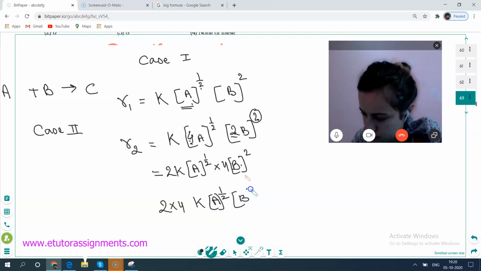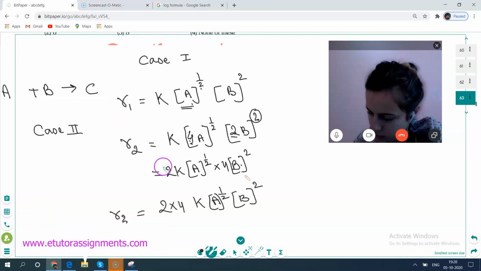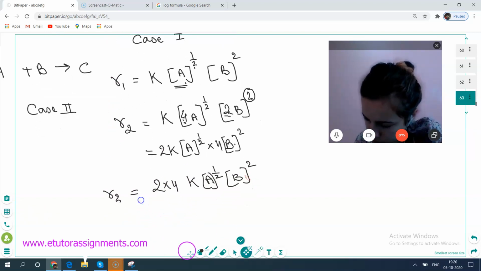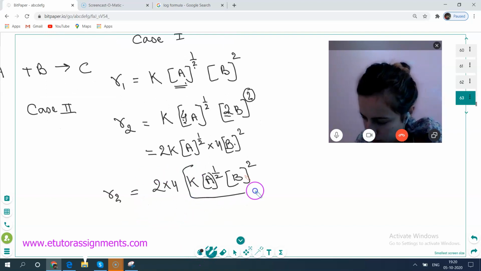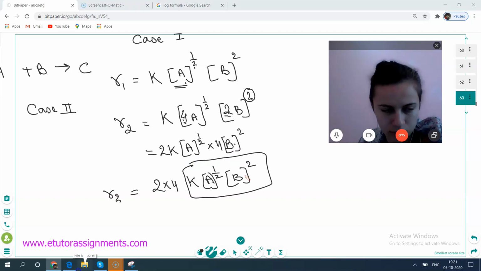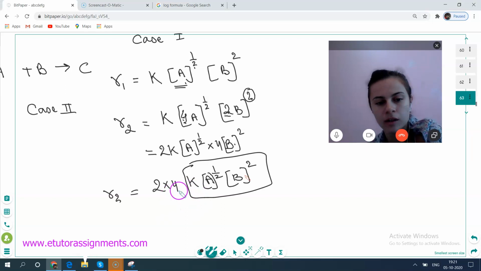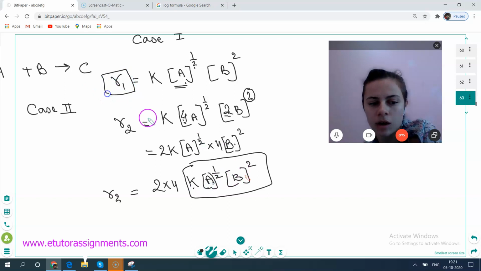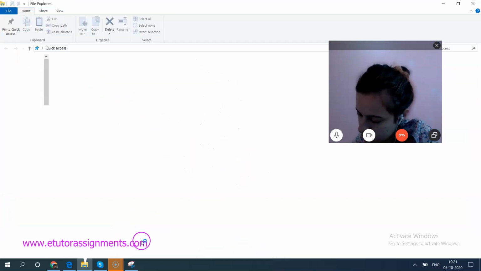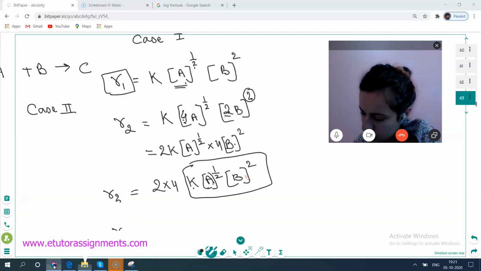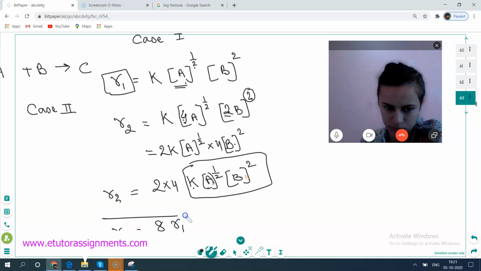B power half 2 is equal to R. What is the relation between R1 and R2? See now, this is all. This is equal to how much? 1 divided on 8. No. So, R 8. Here you KA is equal to this. You can put his initial rate. Am I right? R1. Yes. So R2 is 8. What? 8 R1. R2 is equal to 8 times R1. Is it clear?